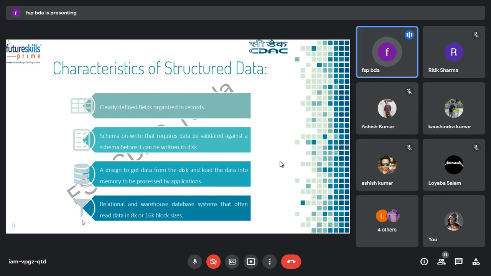So now the data is voluminous. If you are reading in 8K block sizes, suppose, let me draw it. Suppose this is our data, and we are trying to read it like this. It will take a lot of time. So we now have a solution for it: read the data in larger blocks instead of those small blocks, so time can be saved.